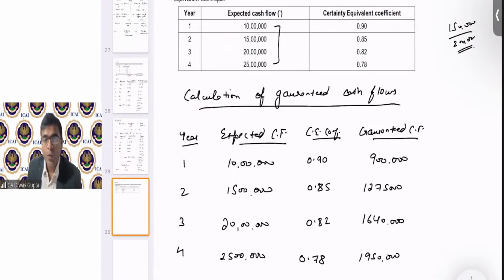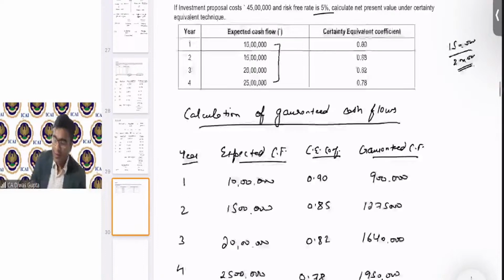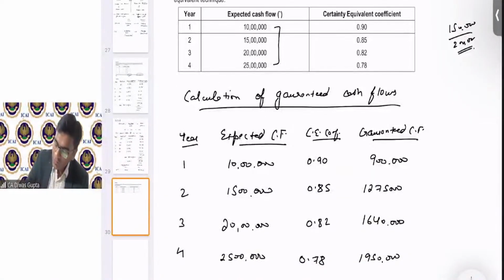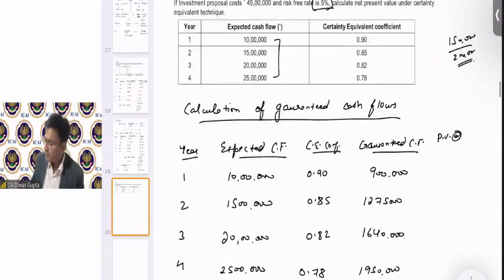Now, since in the CE approach the cash flow excludes risk, hence while taking the discount rate also, we have to exclude the risk. So in the question, the risk-free rate is given, which is 5%, which is exactly what we need, right? Because we have computed the guaranteed cash flows. Now we will mention the present value factor at the rate of 5%, that is 1 divided by 1.05, which is